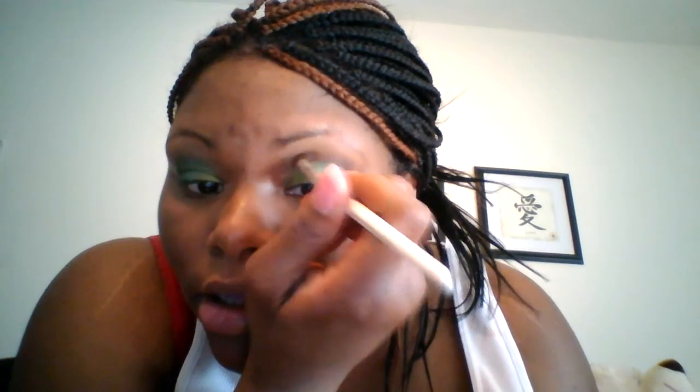You can take that and maybe take, I don't want a matte color, I want a shimmer. So I'm going to take this brown right here, a little bit of that, and I just want to take my blending brush with it, because this is going to be my blending color, and I'm just going to blend it. Not saying that these colors are super the same, green, brown, and then beige, but